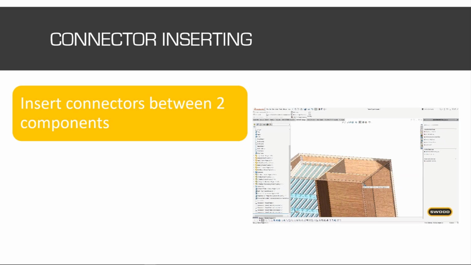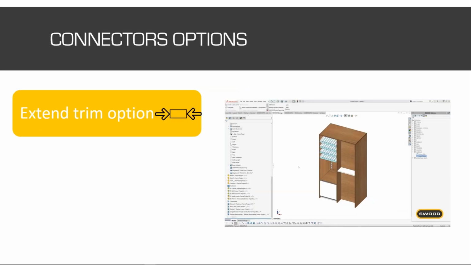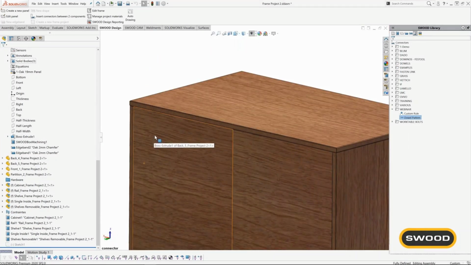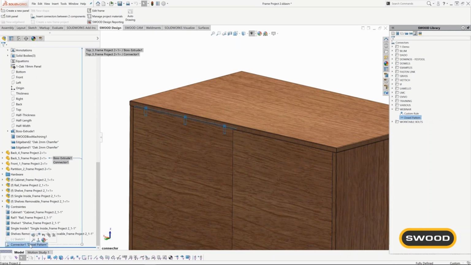So that was the two ways of working that we have with the connectors. And if we now look deeper at all the different options that we have with these connectors, we have, for instance, the extend and trim option that you have in the connectors features. So if we edit this connector feature, we will see that